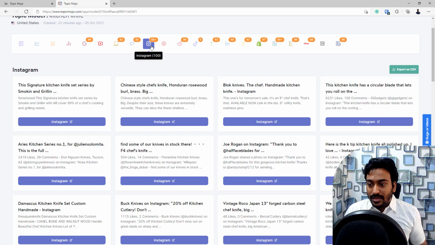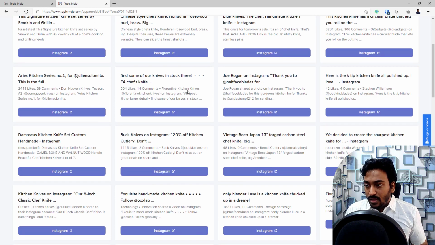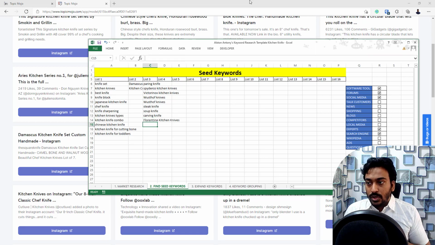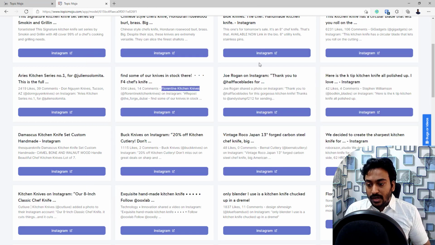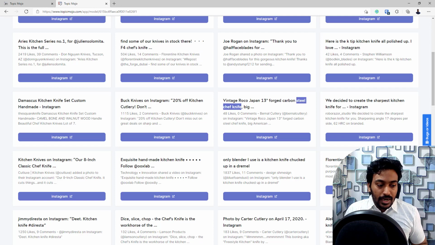The next one is Instagram, again another social media where I can see all the Instagram pins on this particular thing, and we can see all the different ones. This could probably be a brand, I'm not sure about that. Let me copy just in case and paste it here. This is also good to assess the popularity, find influencers in your niche, and also find a lot of good keywords. For example, steel chef knife, carbon steel chef knife, I didn't think of that,